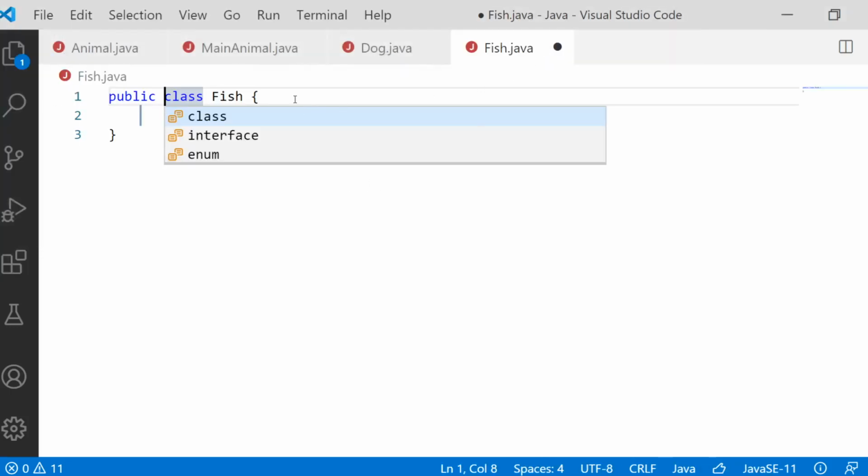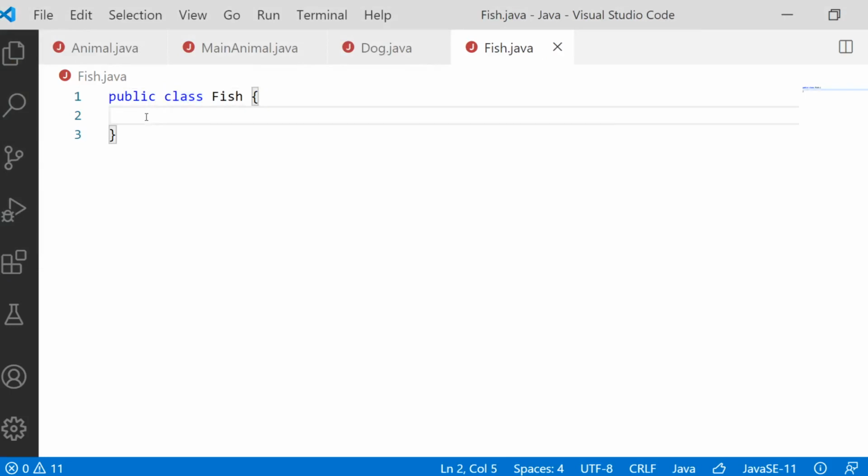So in this fish.java we have a class called fish, and fish has its own attributes. There are a lot of own attributes that fish has which the animal class does not have. So let us take private integer gills. You know what gills of a fish are?